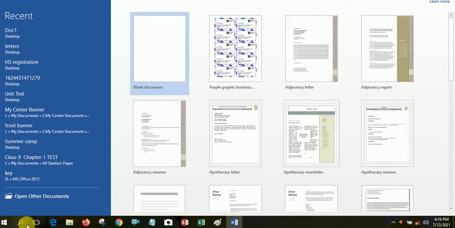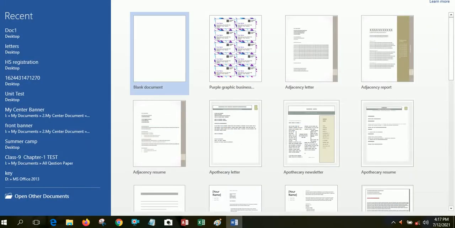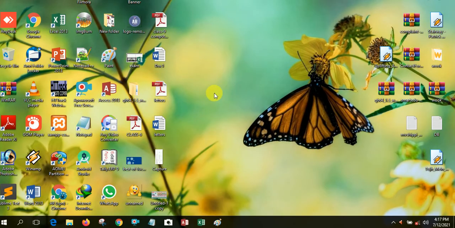Now you can see my taskbar is here, and the pinned applications are here. Suppose I want to open Google Chrome now. Just open it directly. You see, my Google Chrome is open. So it helps us to pin favorite applications into the taskbar, and you can easily open them directly from your